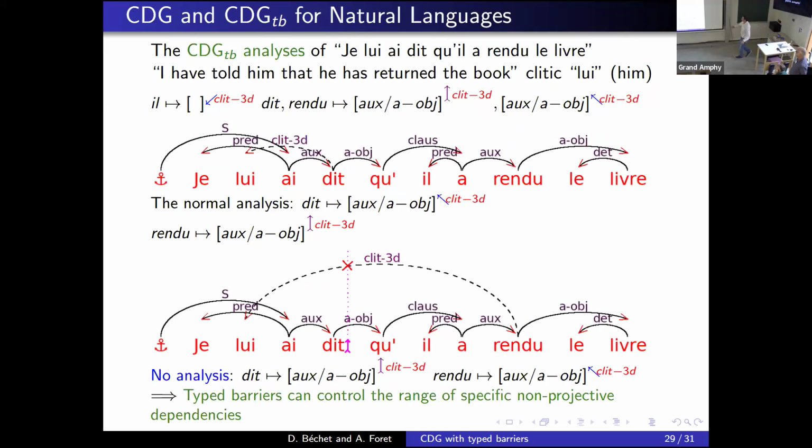Here I chose this word for this barrier because in fact it is a barrier for clitics. It's a specific barrier, not a barrier for everything. I chose this one because this verb is very similar to the other verb.